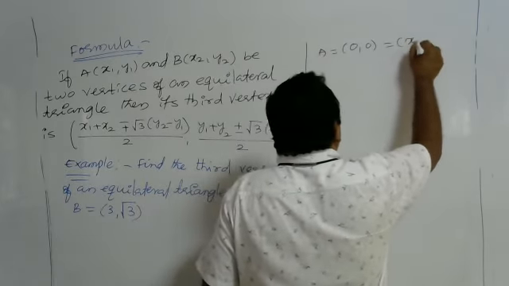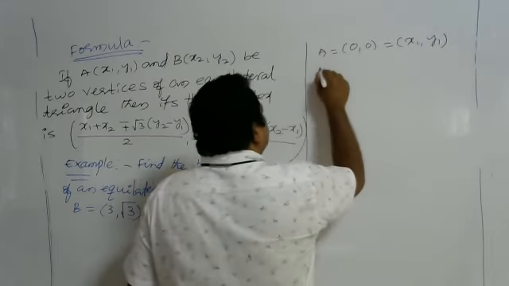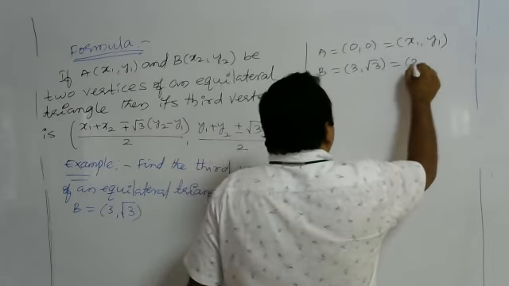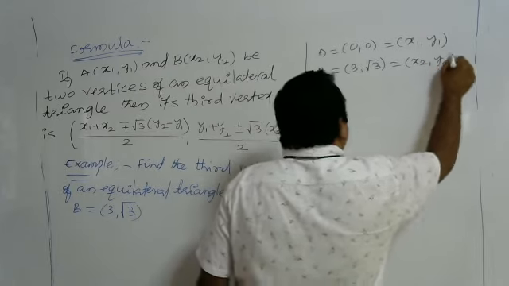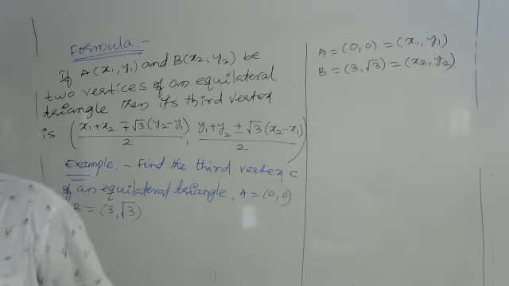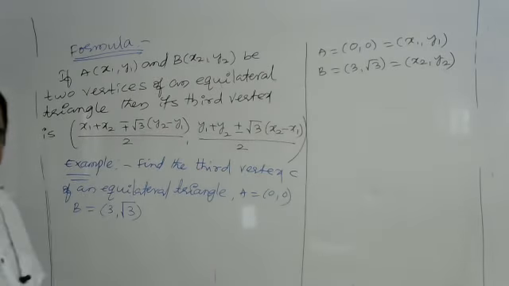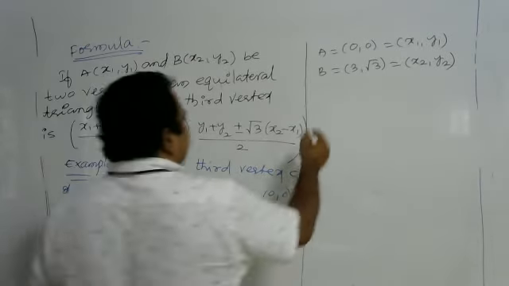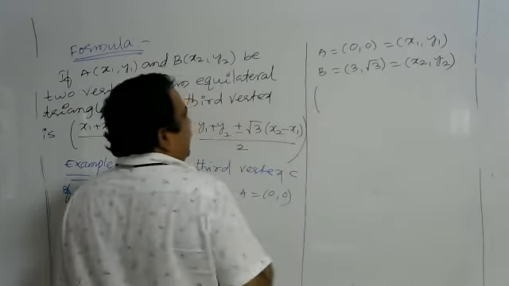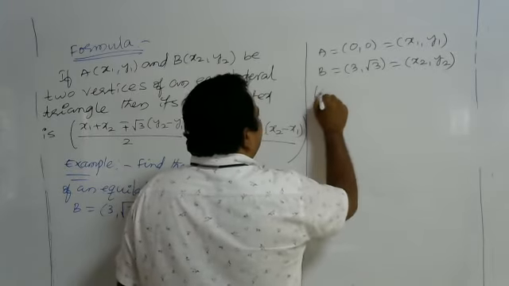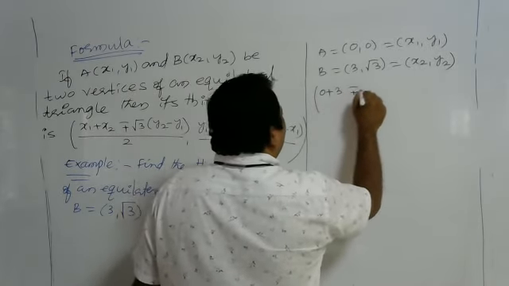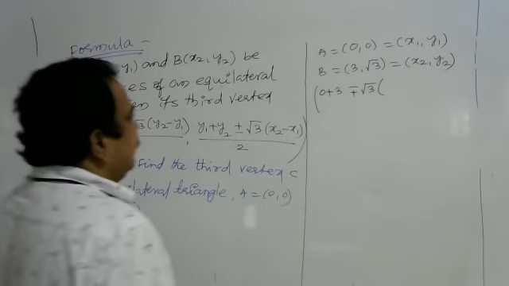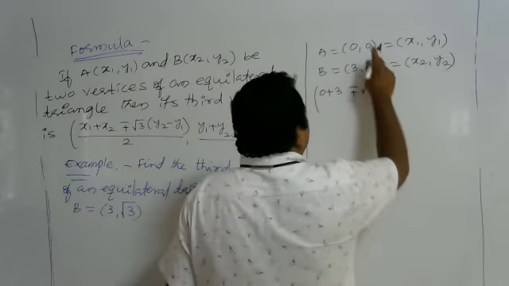This is nothing but (x1, y1). B is given as (3, √3). This is nothing but (x2, y2). So now I am applying the formula. x1 plus x2 is 0 plus 3, minus or plus √3 into (y2 minus y1) by 2. So y2 is √3 minus 0,